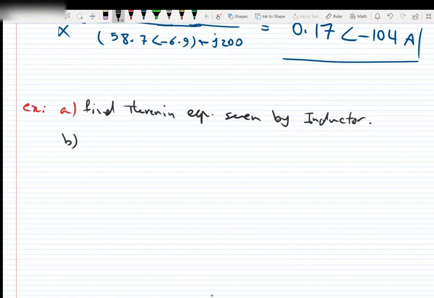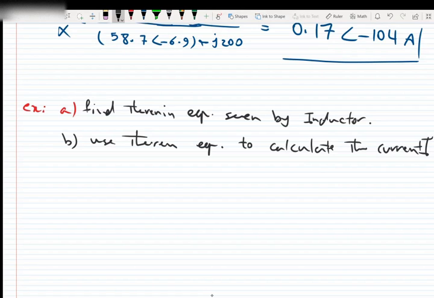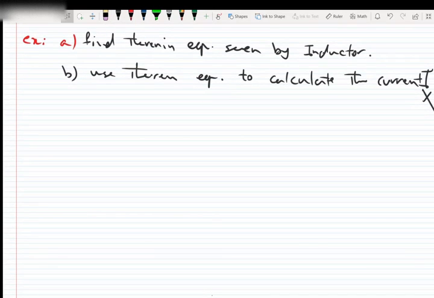Part B. Use the Thevenin equivalent to calculate the current Ix. Okay, so